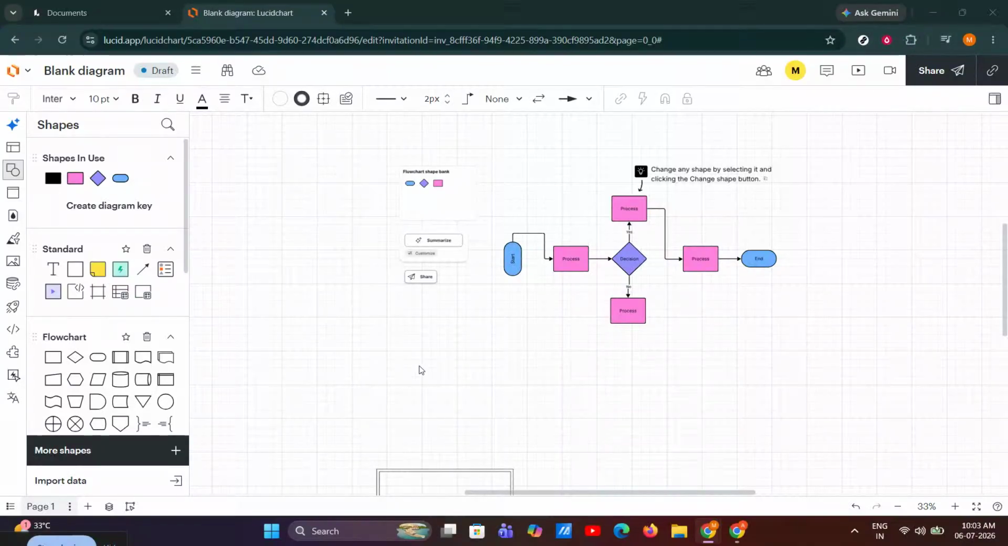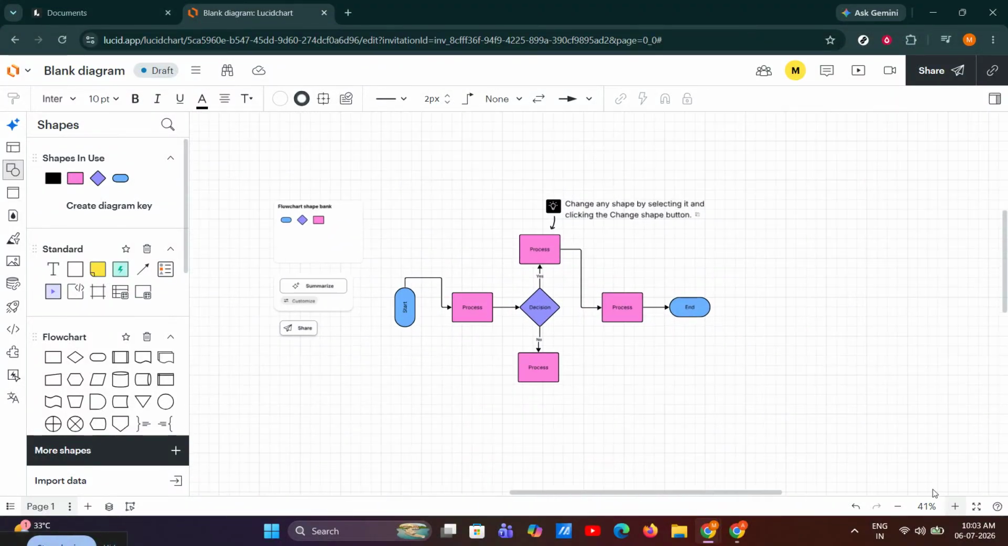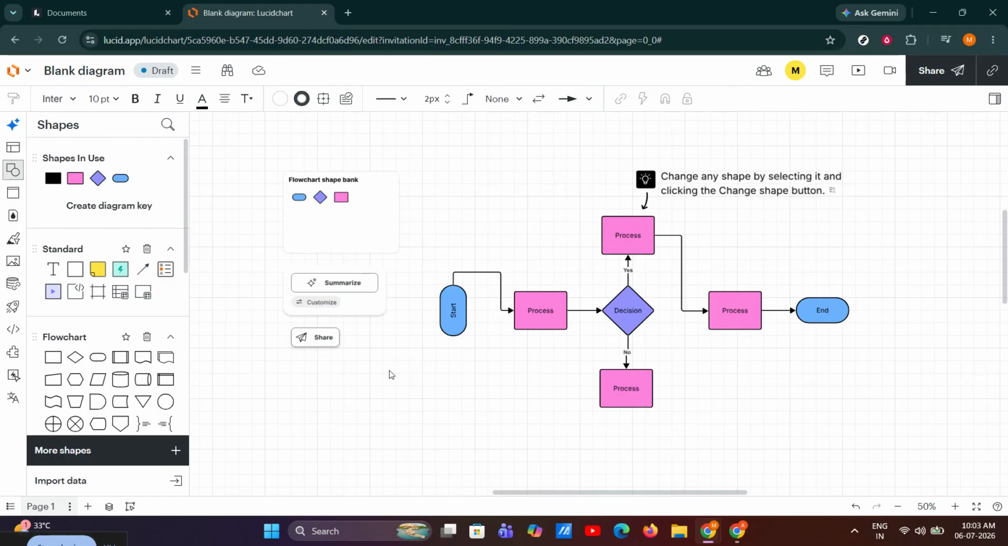If you need to resize the canvas in Lucidchart, you're in the right place. In this video, I'll show you the fastest way to change your document size, switch between preset page formats, and make your workspace fit the exact layout you need. This is super helpful if you're building diagrams, flowcharts, wireframes, or presentations, and you want your canvas to match your